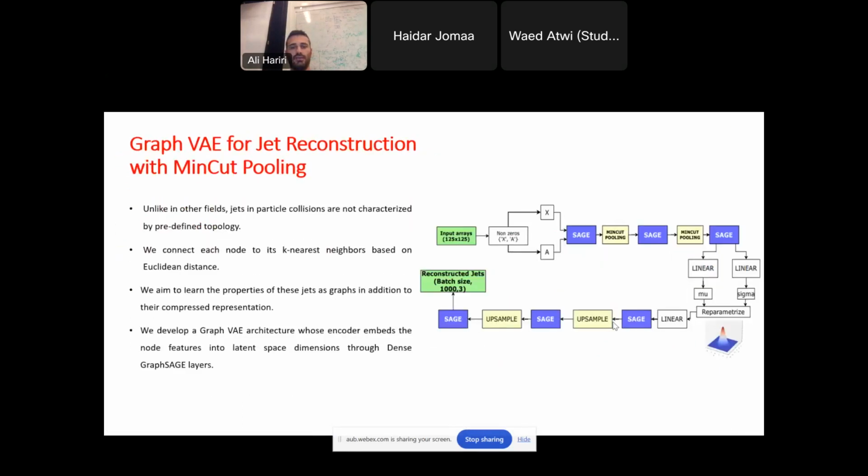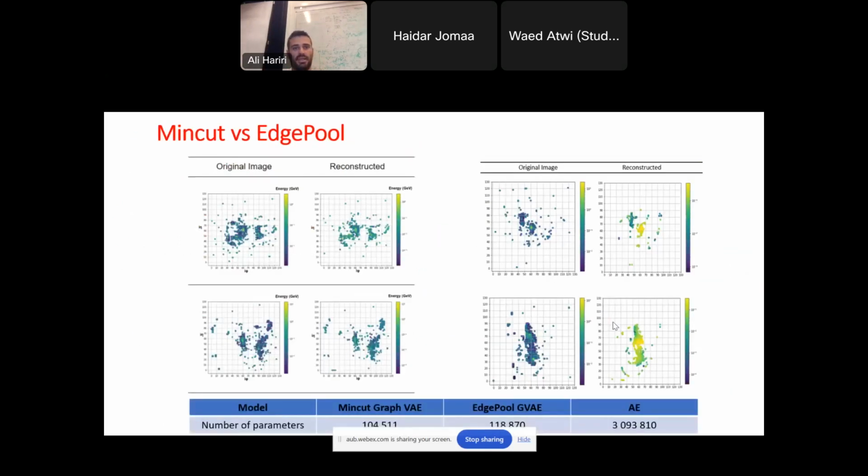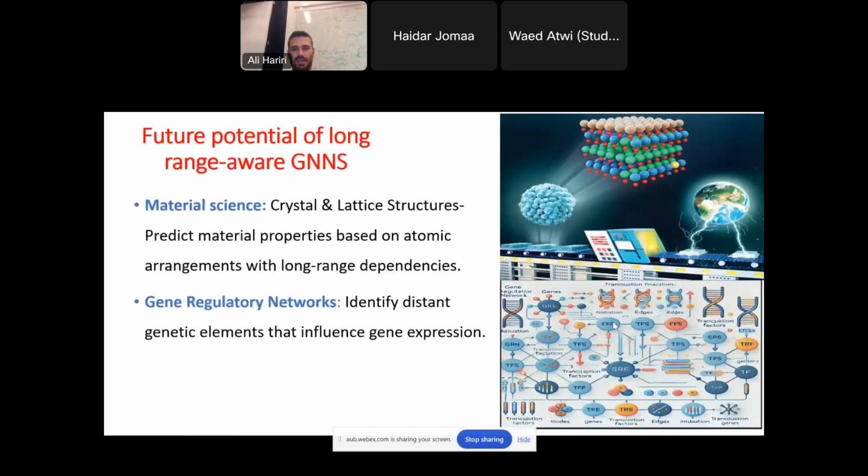So the way I did it is I have an input array. I remove the empty cells of the detector, and I take the ones that have a signal. Sorry. Then I perform a message passing process until I map them to a latent space, and then until I'm able to sample from this latent space and then generate a particle jet. This model, called Falcon, can be used for particle physics simulations and so on. And this is a comparison between the original jet and the reconstructed jet. Again, this was in 2020, and I apologize for the resolution.